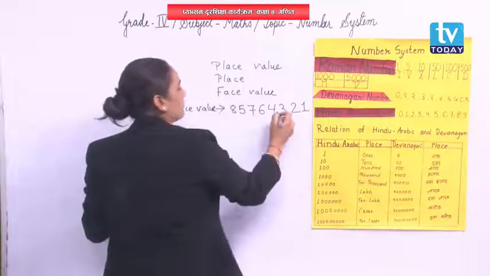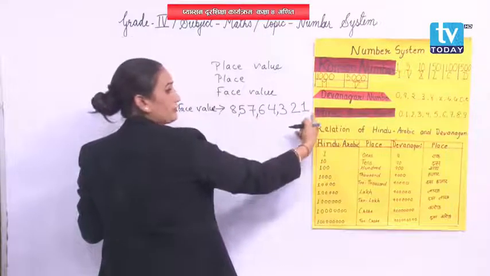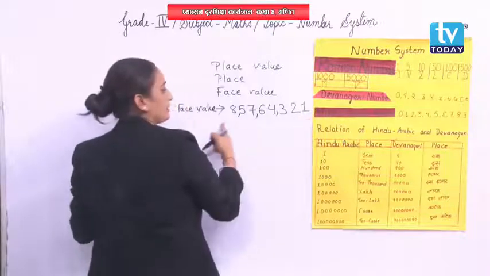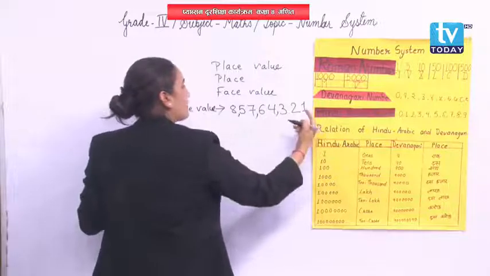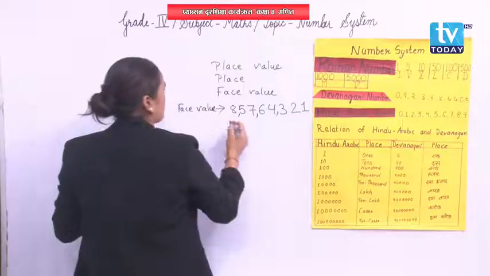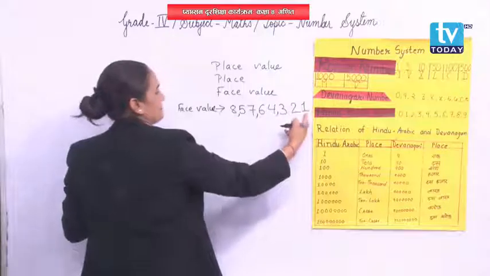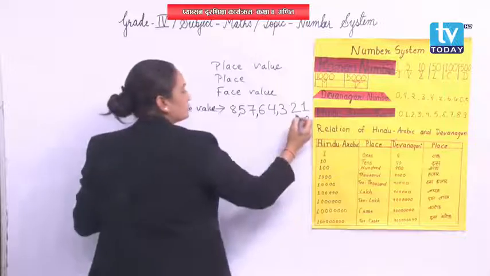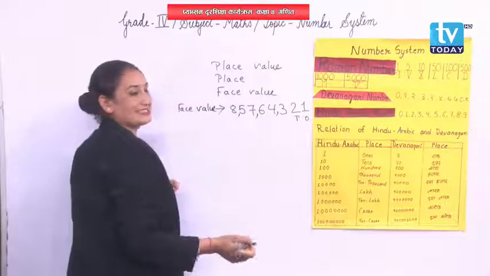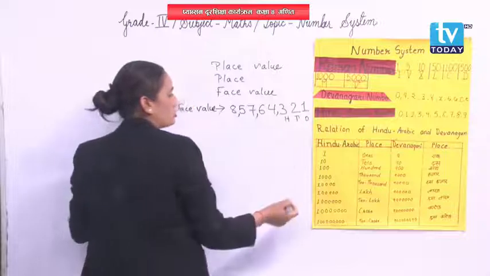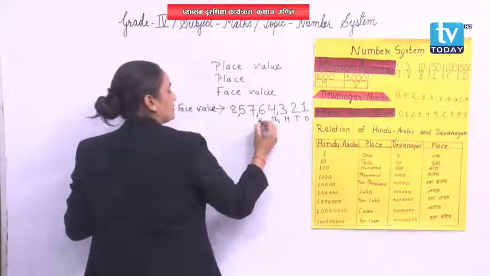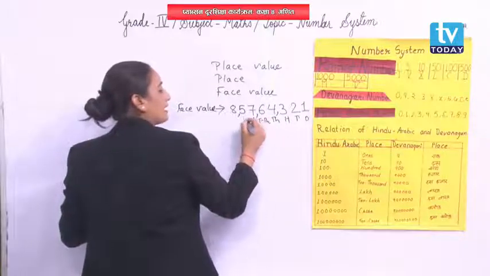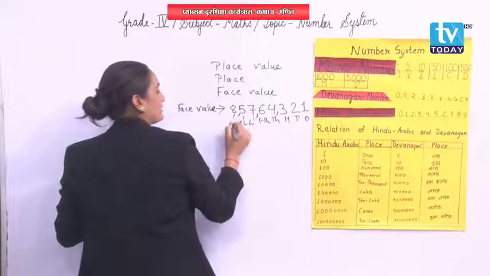So you can put a comma from the right side. You have to count from the back side, from right to left. So count from here. I'm going to give the number names. So that 1 lies in which place? 1 lies in ones place, so I'm writing O. 2 lies in tens place, so T. 3 is in hundreds place, H. 4 in thousands, 6 in ten thousands, 7 in lakh, 10 lakh, and 8 is for crore.